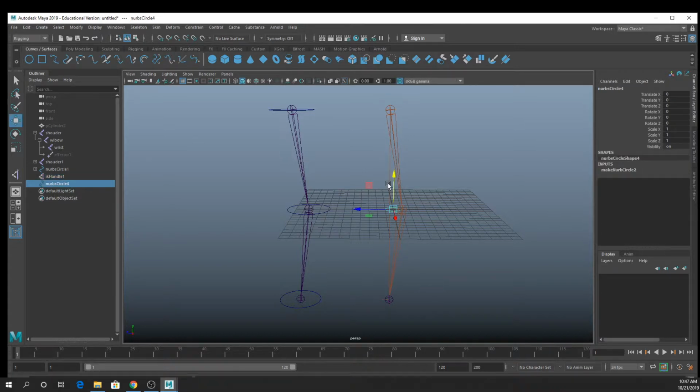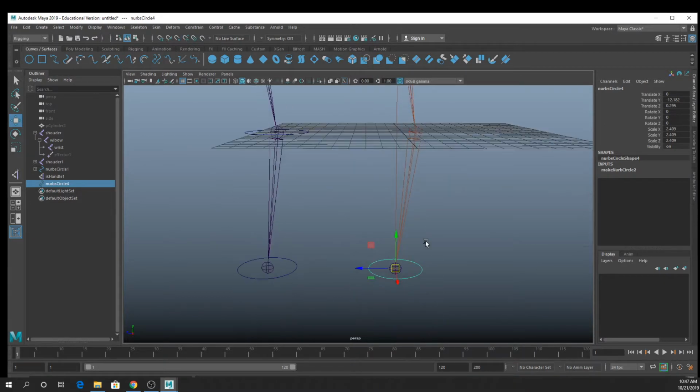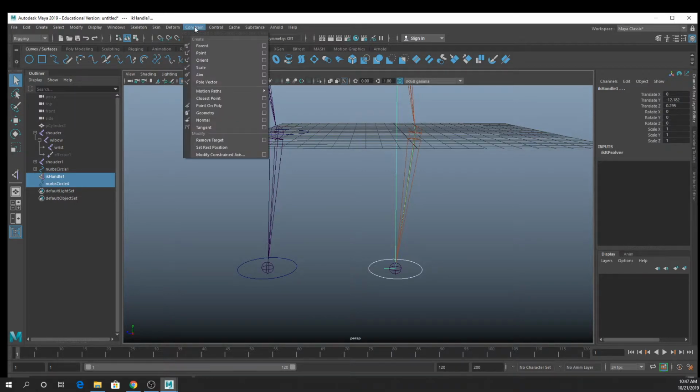So you would want another controller for that. So I'm just going to make another sad NURB circle, use V, and just vert snap that down onto the joint. And this time, instead of parenting it or constraining the joint to the controller, I'm going to constrain the IK handle to the controller. So again, I'm just going to grab that, and for IK handles, you pretty much always want to use a parent constraint,